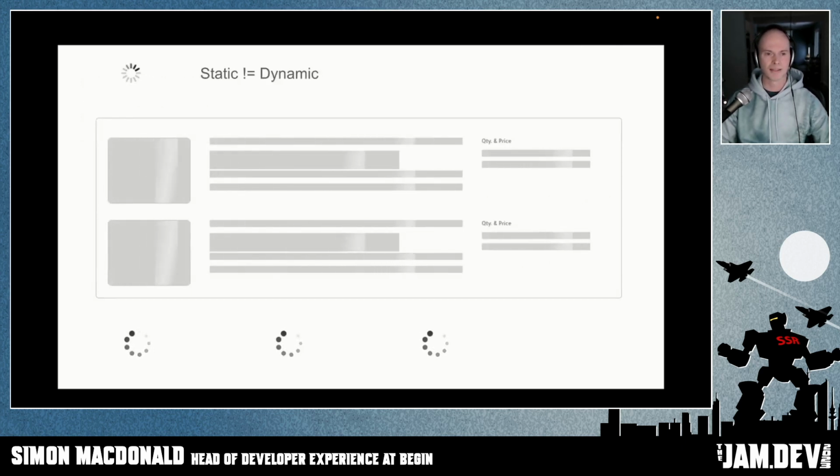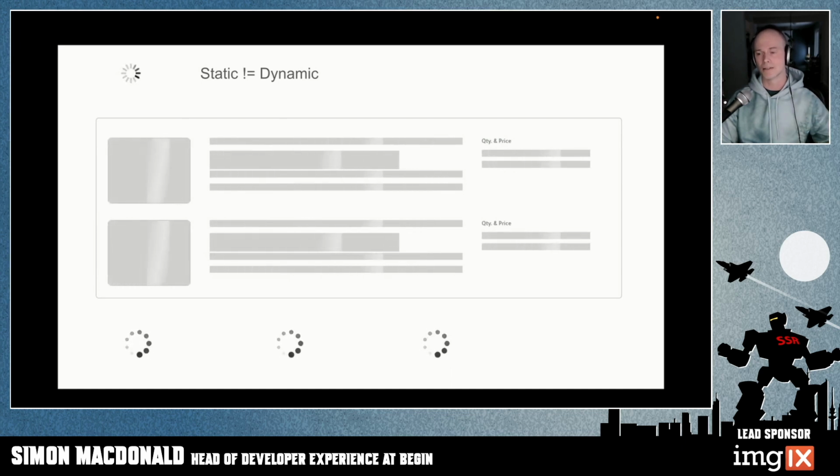Now, static is not equal to dynamic. Earlier today, Henri talked about some metrics like first contentful paint and time to interactive. And some of these metrics can be absolutely terrible when we're using our giant frameworks, because what's happening is we're having to send JavaScript down to the browser in order to create the user interface, which then makes API calls to the backend in order to populate the interface with the data. And so that's really going to impact your first contentful paint, your time to interaction. So you really want to look at something like that. Is that really the right way to do things?